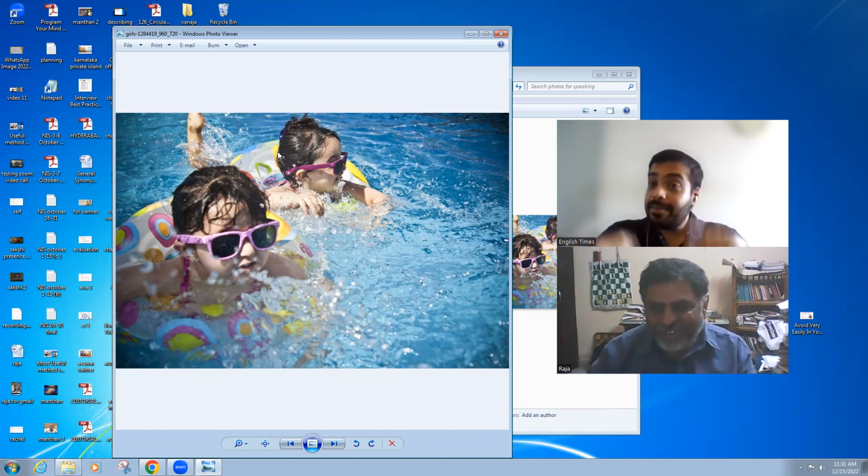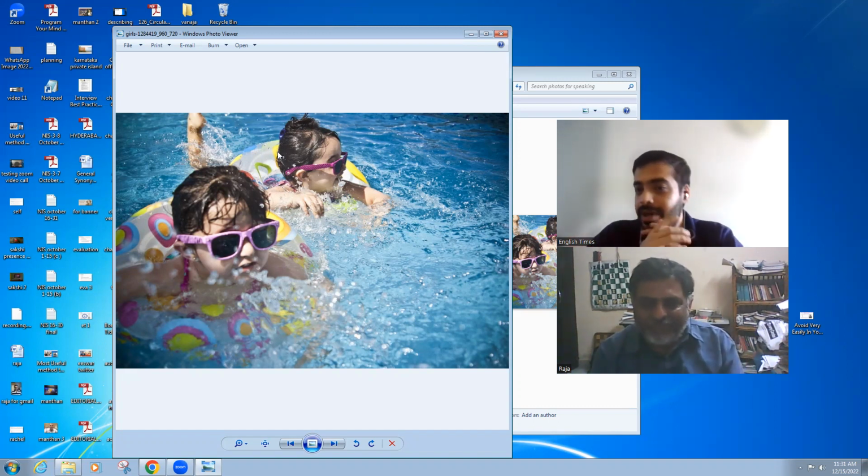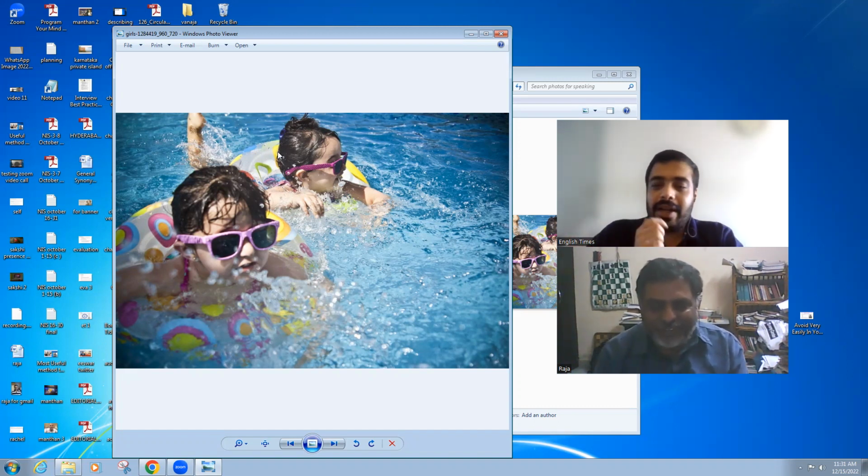Lifeguard is the person who will jump into the water to save you. You also have a life jacket. That ring is called the life buoy. Buoy is basically a word used to describe things that float on water. Anything which floats on the water can be called a buoy.